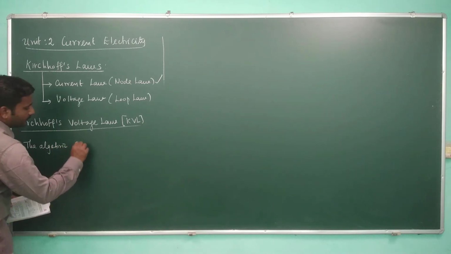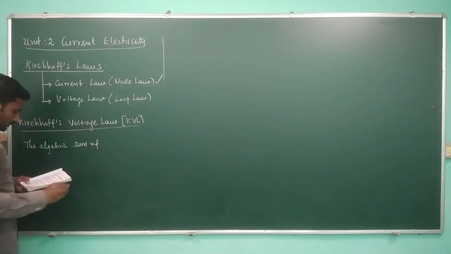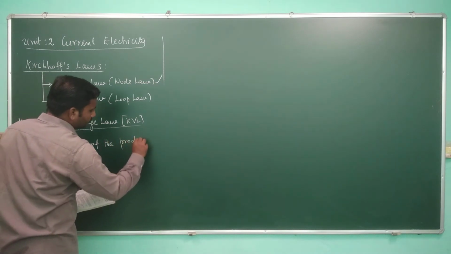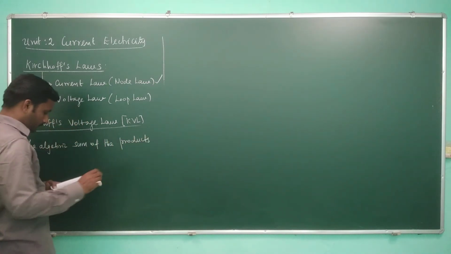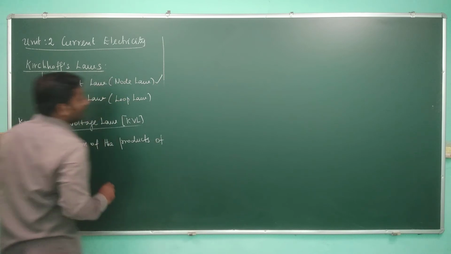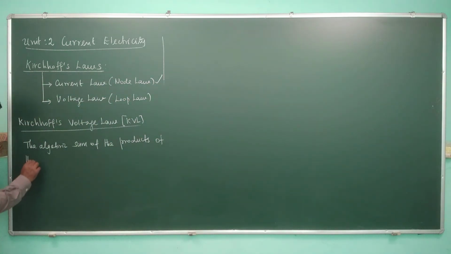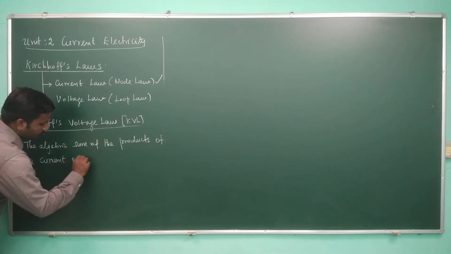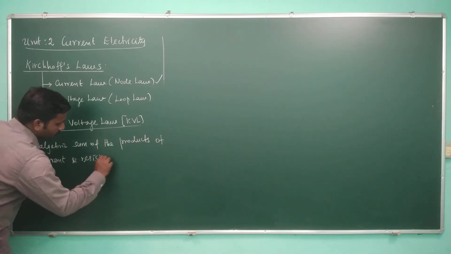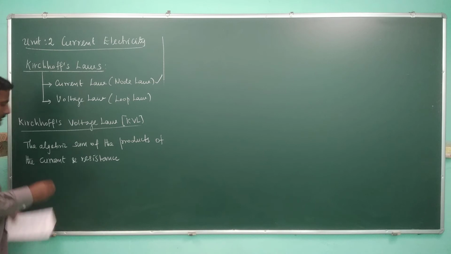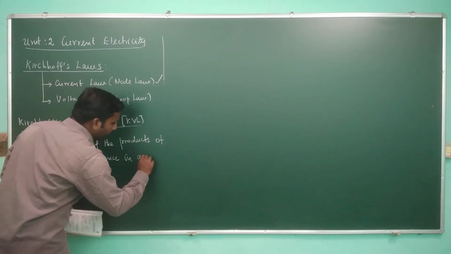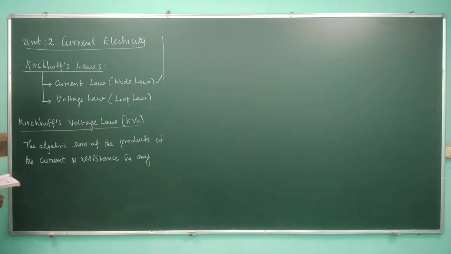The algebraic sum of the products of the current and resistance, that is I and R, which is nothing but the voltage, in any closed loop